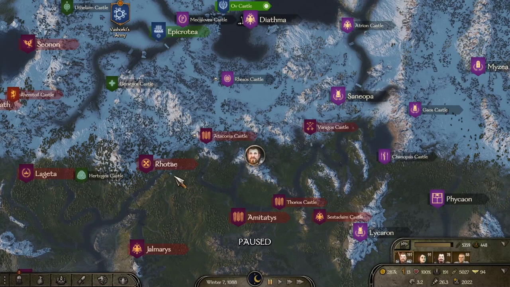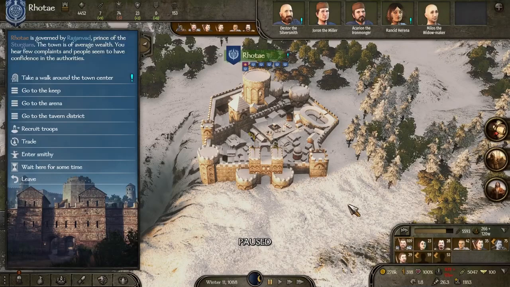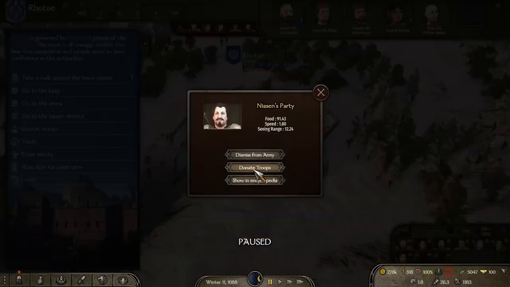So now we are going to head over to Rote, we are going to siege it, and we are now going to take it. So we have just taken Rote. It is now ours. You want to do very minimal work at this point as you have not voted on the fief just yet. I am a little bit over on troops, so I'm going to go ahead and